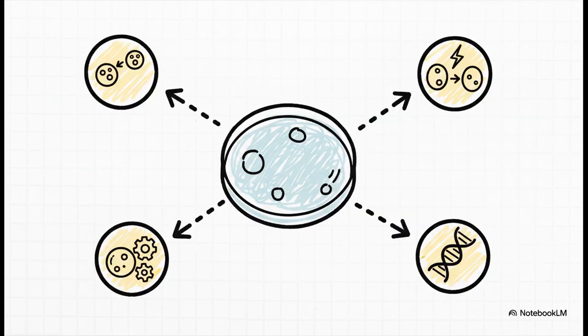But to just dismiss the petri dish like that, that's ignoring like a century of progress. This simple, quote-unquote, wrong system has given us an absolutely incredible amount of foundational knowledge. I'm talking about the basics of how cells divide, how they talk to each other, how they eat. It's this simple setup that has allowed us to isolate and truly understand the fundamental machinery of life itself.